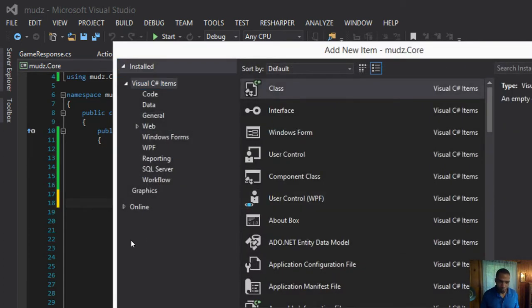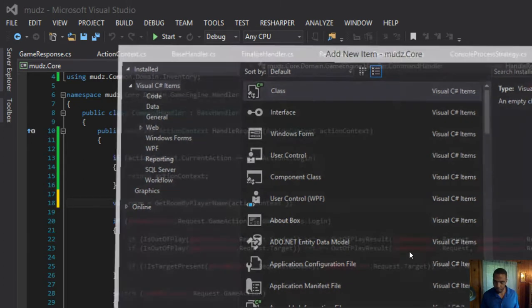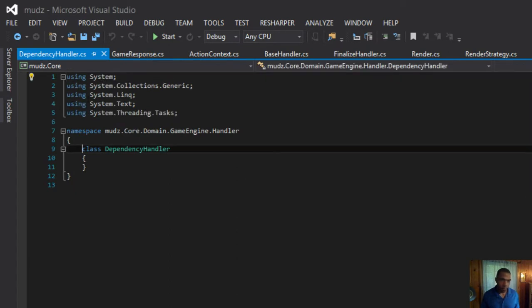So we have an auth handler, we have a command handler, we've got a finalize handler. Let's do a dependency handler. I'm going to do this as a public class.